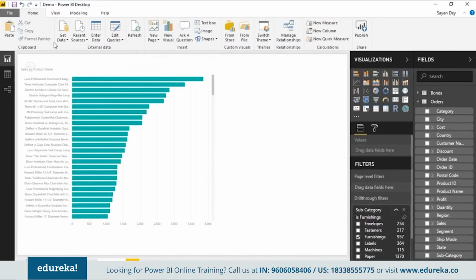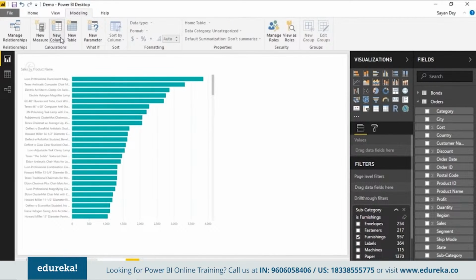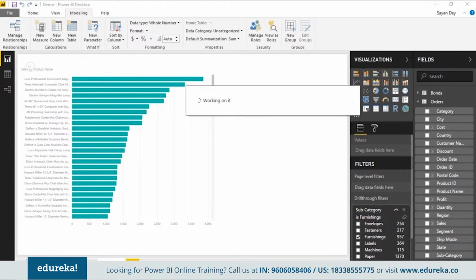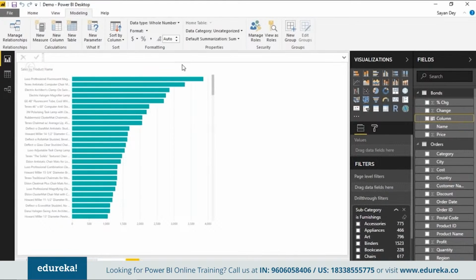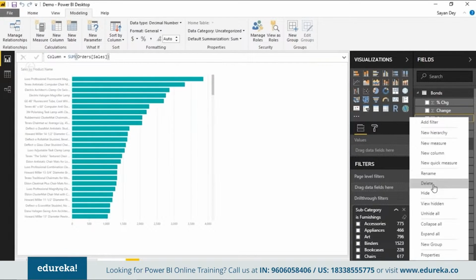You can go to the modeling tab, or you can just enter the modeling from here. You can go to new column, and you can just start typing in your DAX queries here. Okay, we'll look at more examples in a bit, but this is where you actually start typing in DAX. At a very simple level, I can say sum of sales. I'm creating a very, very simple calculated column here, and that is how you basically build DAX queries. Okay, I'll go back and just delete it.